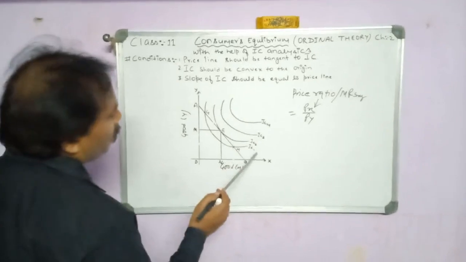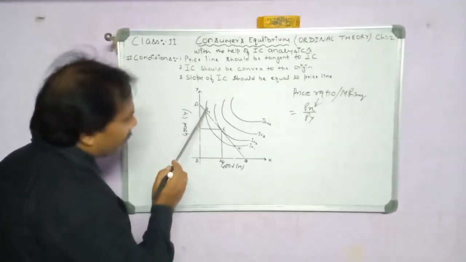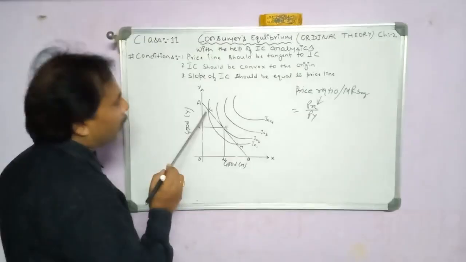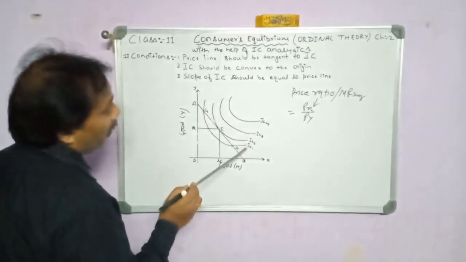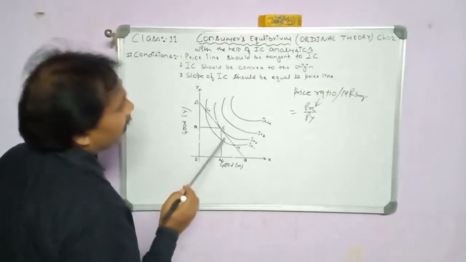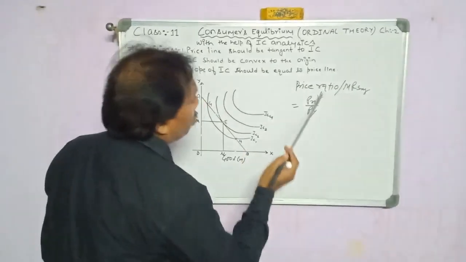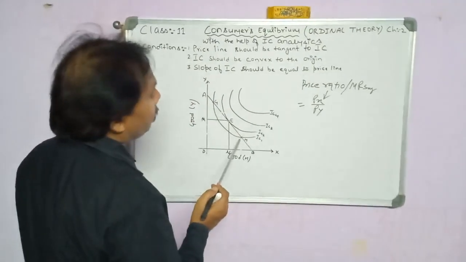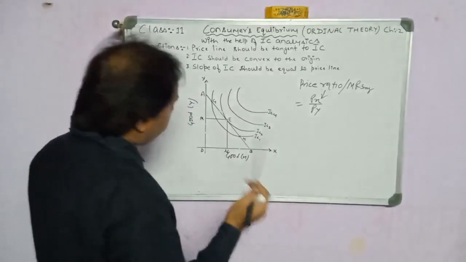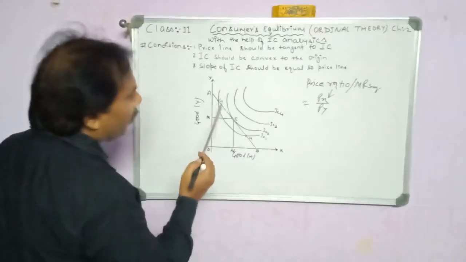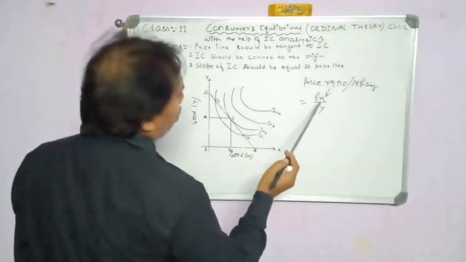Now come to IC1. IC1 does not make a tangency. It intersects the budget line at two points, G and H. Since IC1 is not making any tangency, it is unable to determine the price ratio. Even if we are able to determine the price ratio, it will not be equal to